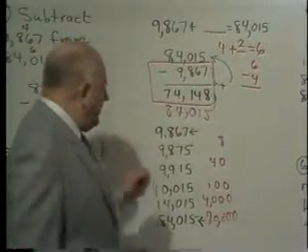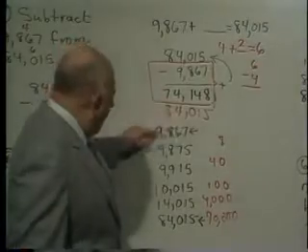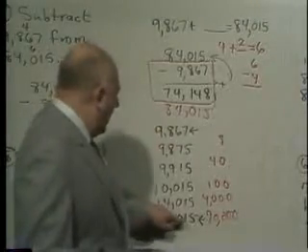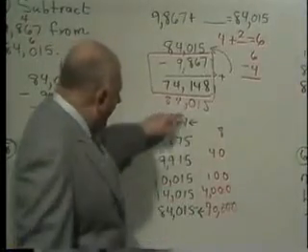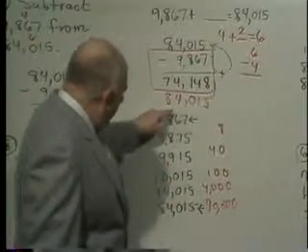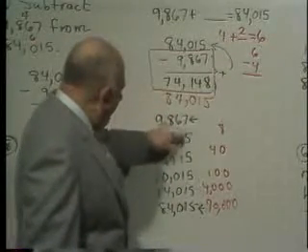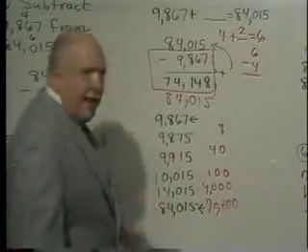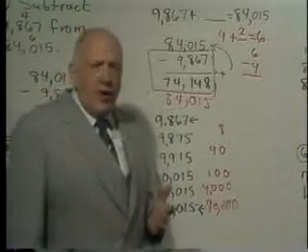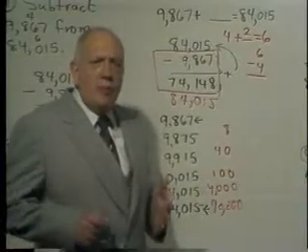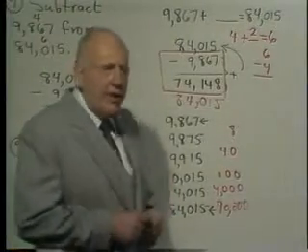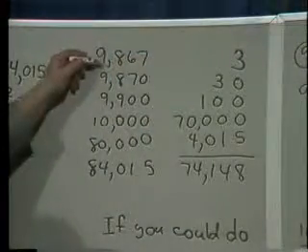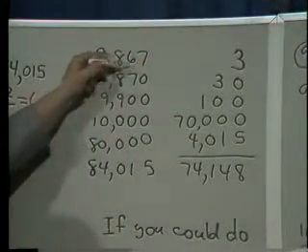And again, let me remind you that when I figured out what to add on to 9,867 to get 84,015, I happened to pick the way that gave me one digit at a time. See, I first got the 5, then the 1, then the 0, then the 4, then the 8. Any way I do this problem in which I don't make a numerical error is correct. In other words, in terms of making change, I could have started by first adding 3 onto 9,867